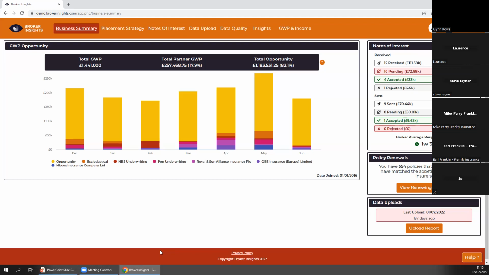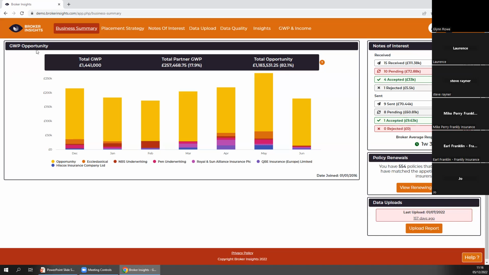So firstly, when you log in to your platform, you'll get a screen similar to mine, although you should see more data in there. This is your business summary screen. It's there to give you a bit of a summary of what you've currently got in your commercial book of business, the partner insurers that we work with, that you have an agency with, their share of wallet, and ultimately what you've got coming up for renewal over the next few months. You've also got a number of quick links to the right-hand side of it. So your notes of interest between yourselves and the insurers, and then below that, your renewal book. We'll come on to explain a bit more about that in a moment.